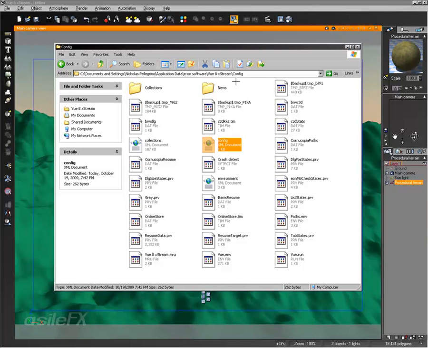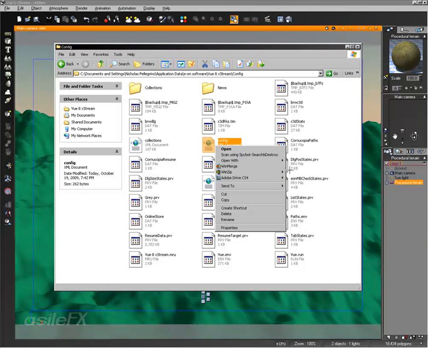I'm in my Vue 8 xStream; if you're using Infinite, you can go to the Infinite folder, and under config there is a config file that you can open with even just Notepad,